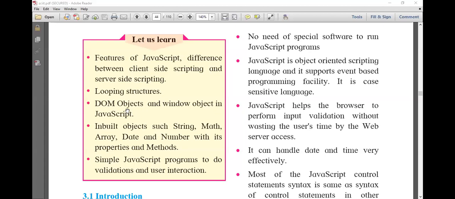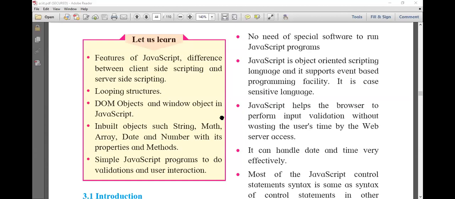And in that document, you can create a form. You can create a table. So those tables and forms you can say are objects. Here we are going to study objects. What are the inbuilt objects in JavaScript?